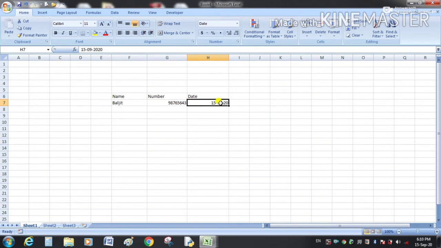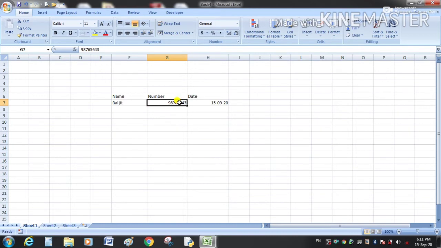So number, date, text, these are our data types. These tell us about the type of the data. Number means you have numerical values. It can have 0 to 9 digits and some special symbols and plus minus sign in these numbers. A number can be both integers or with the decimals.